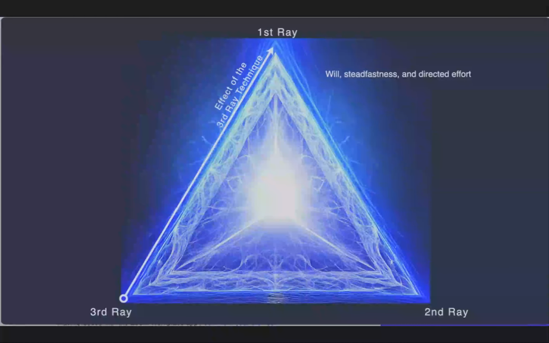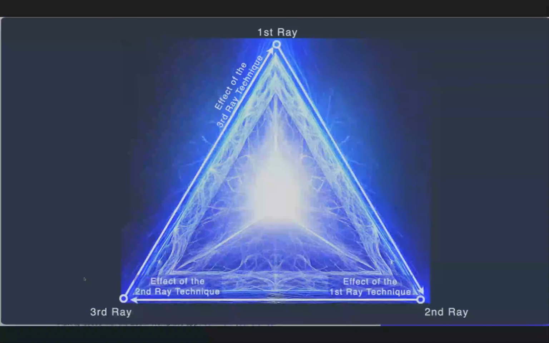One more paragraph. We can formulate from these three effects a dynamic triangle which links the three ray techniques and whose movement comes about through these three effects. The movement from 1 to 2, from 2 to 3, and from 3 to 1 supplements the inherent qualities of each ray type with certain needed qualities.